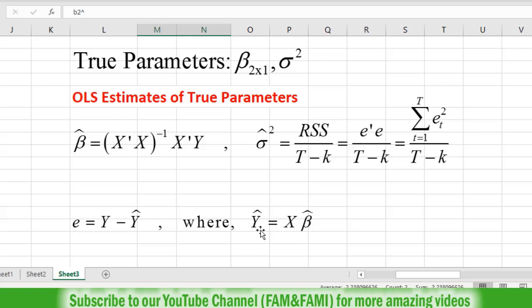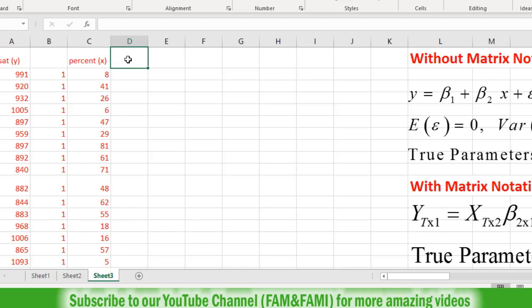In order to calculate this y hat, you need to use this formula. So y hat is the estimated regression line, or fitted regression line, given by x times beta hat. We have the matrix x with us. We have just calculated this beta hat using this formula. It means you need to multiply these two to calculate this y hat. So move here and type y hat equals x times beta hat.